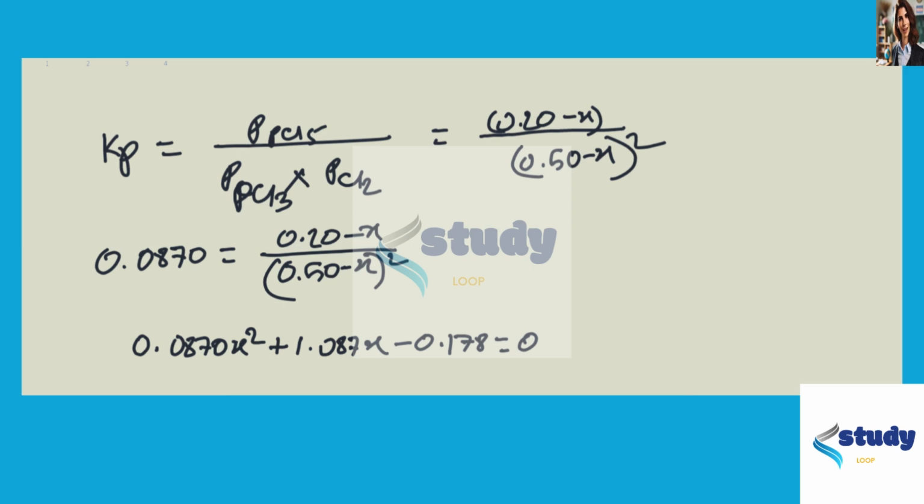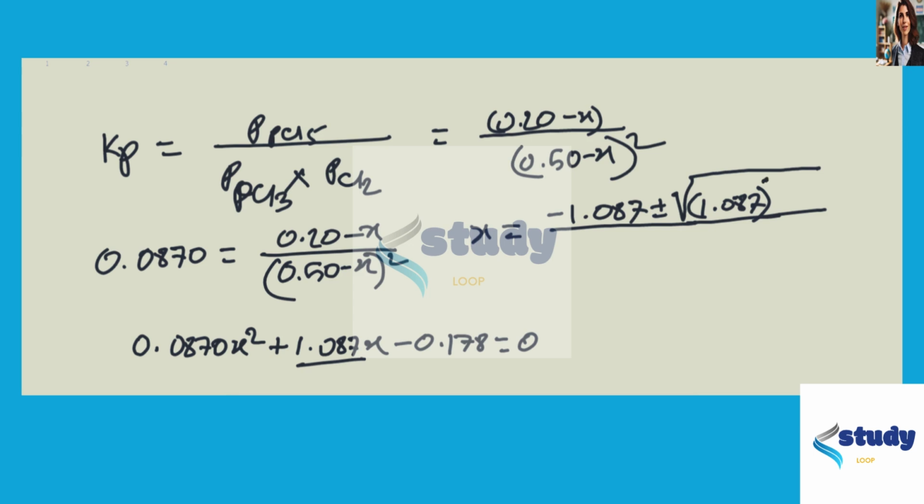And if we solve this equation using x equals minus b plus or minus the root of b squared minus 4ac, over twice a, our b value here is 1.087, so it will be minus 1.087 plus or minus the root of 1.087 squared